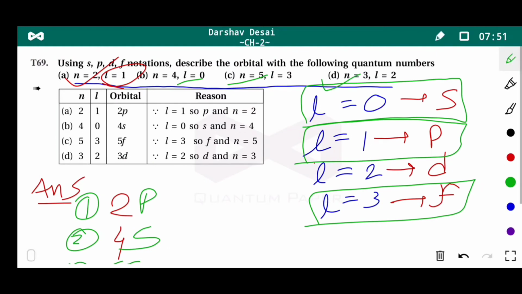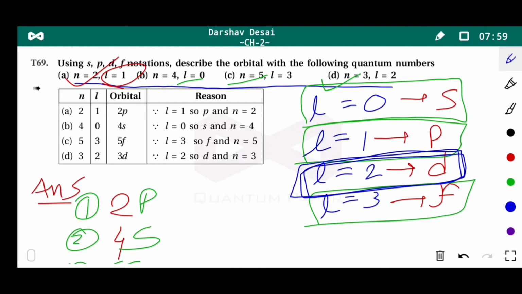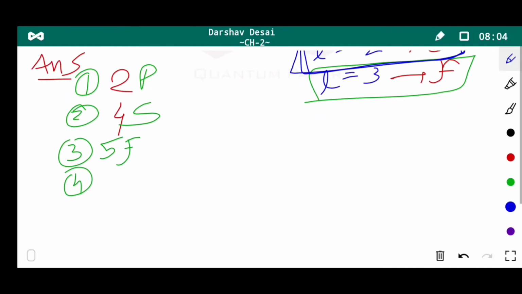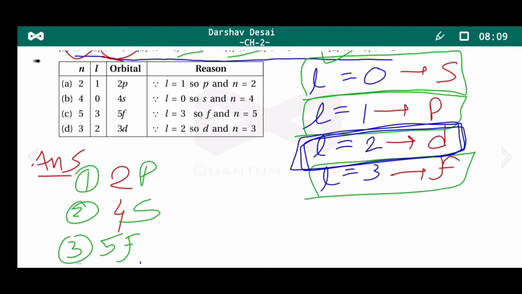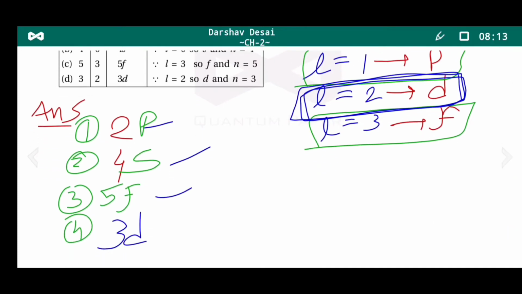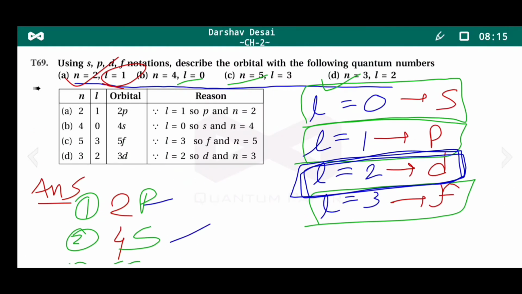n is equal to 3 and l is equal to 2. l is equal to 2 means last one, that is d. Remaining orbital is d. So answer is 3d. So this very easy question. First answer is 2p, 4s, 5f and last one is 3d. So this is example 2.18. Very easy questions. Okay,